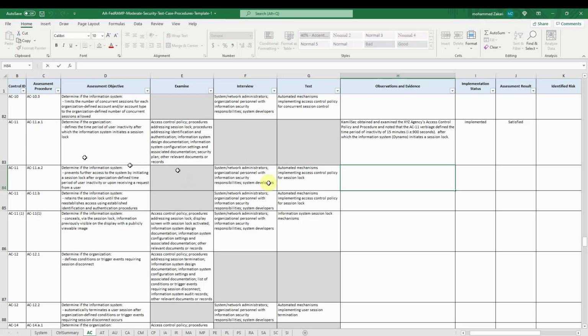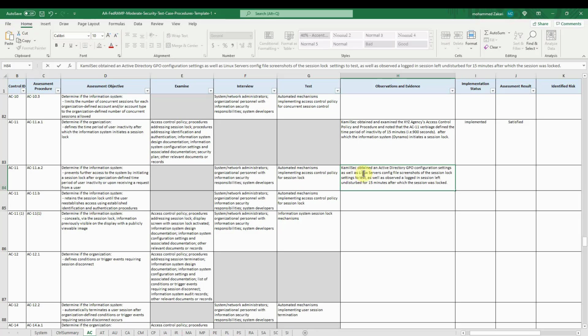All right, so now let's go back to our spreadsheet and get our results in. To write our observation of what we have observed, through the config settings, the screenshot, and also logging in and watching the screen log after 15 minutes, we're going to write our observation. KamilSec obtained an Active Directory GPO configuration settings, as well as Linux servers config file screenshot of the session lock settings to test. We also